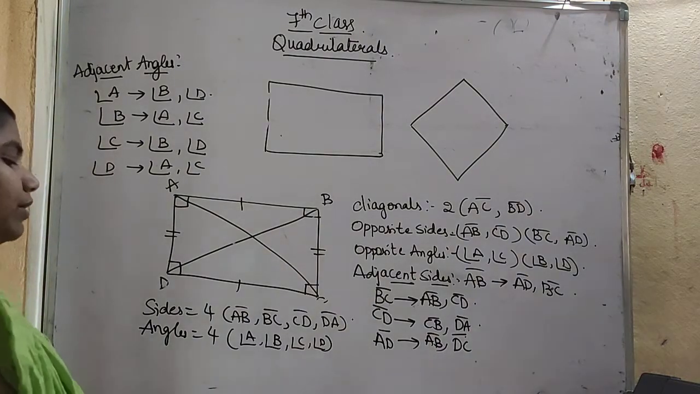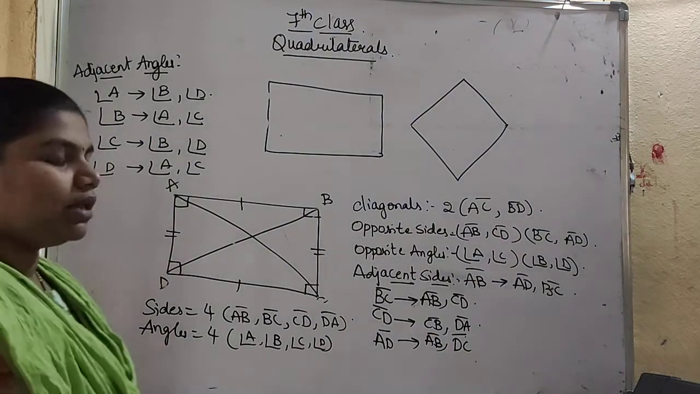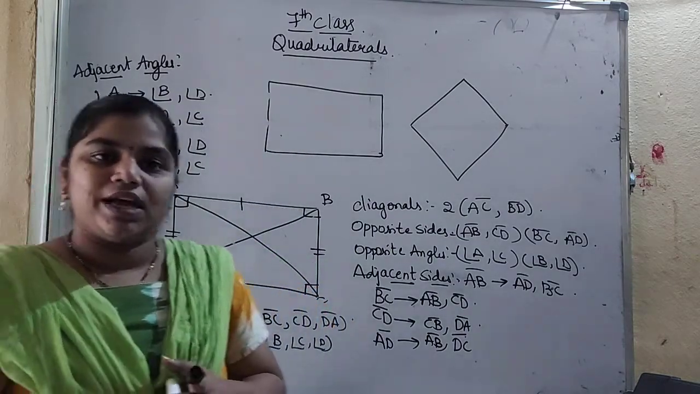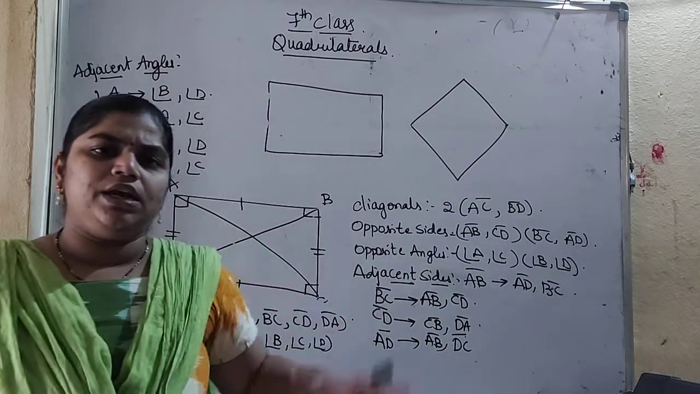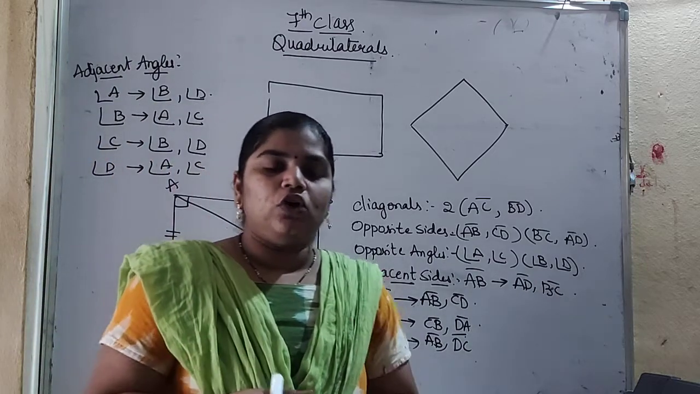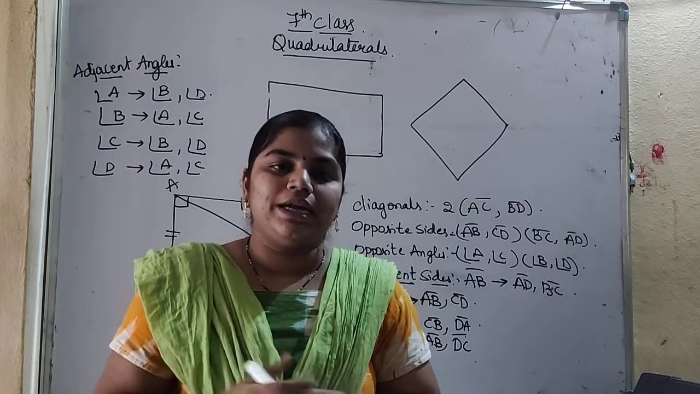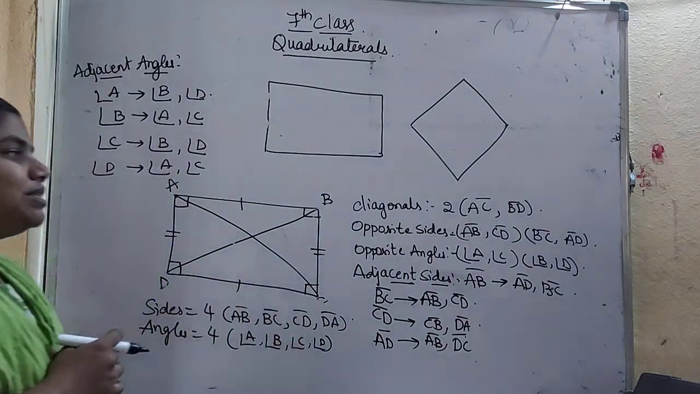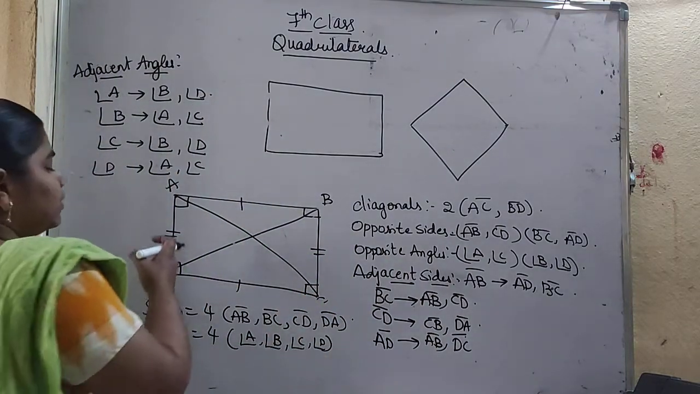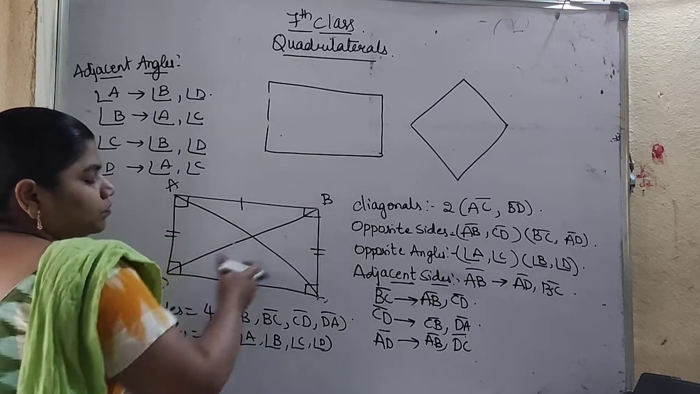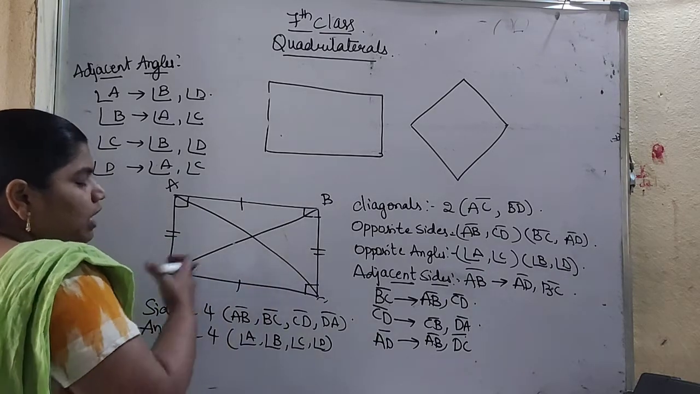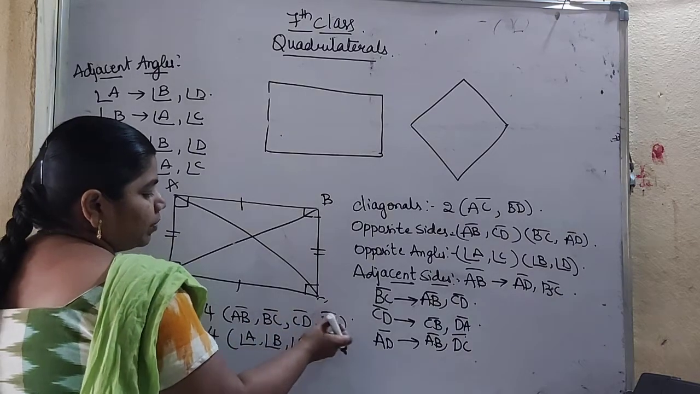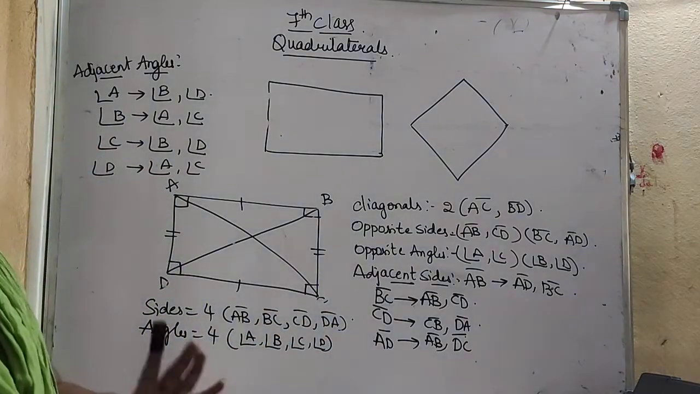So what we have learned in this quadrilateral: a quadrilateral is nothing but a closed figure having 4 line segments. We will call it a quadrilateral. It can be any type of figure. If it is closed and is formed with 4 line segments, we will call it a quadrilateral. So what are the parts in this quadrilateral? It has 4 line segments. What are those 4 line segments? 4 sides. AB line segment, BC line segment, CD line segment and DA line segment are the 4 sides in